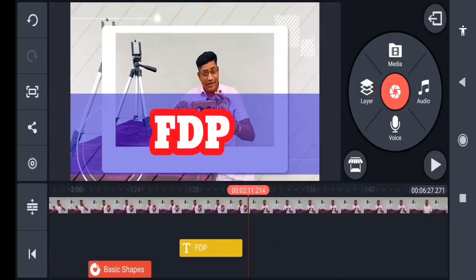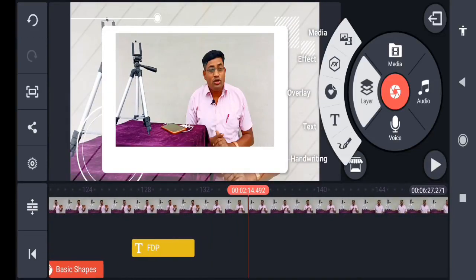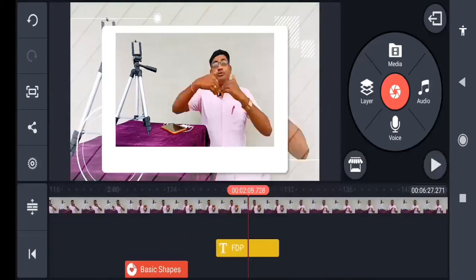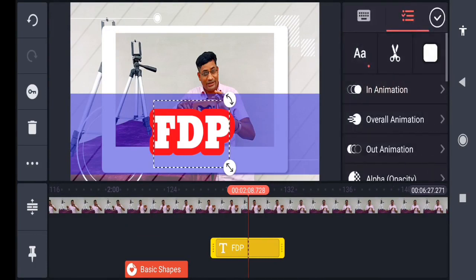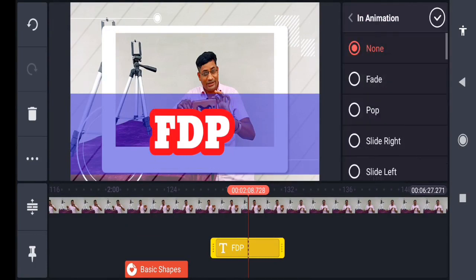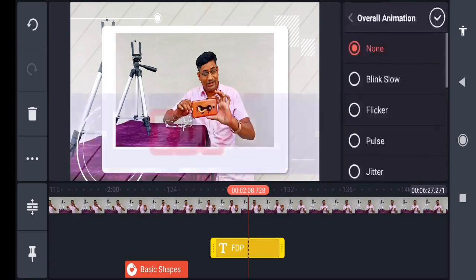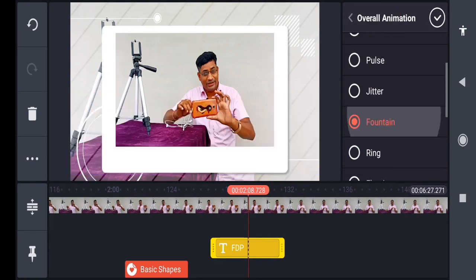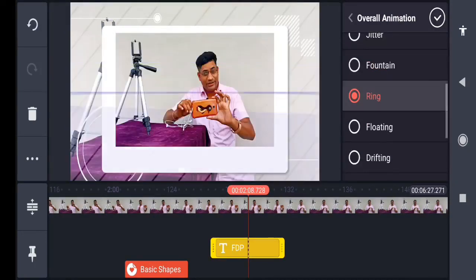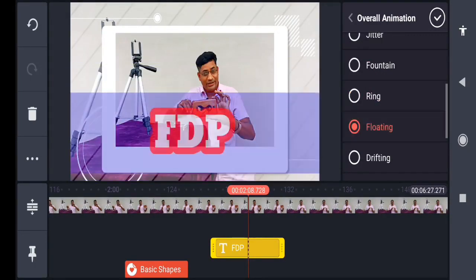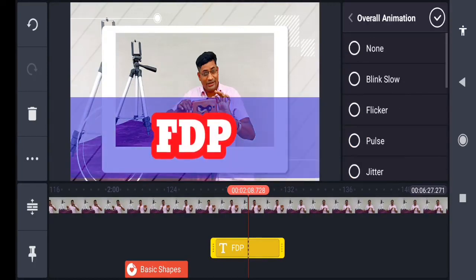So these are the interesting things, dear friends. Likewise, if you want to change it again, then click on this FDP. Let's see, in animation, fade, it will be faded off. Then in overall animation, pulse is there, blink show is there, then fountain, ring, floating, drifting, a number of other effects are there.